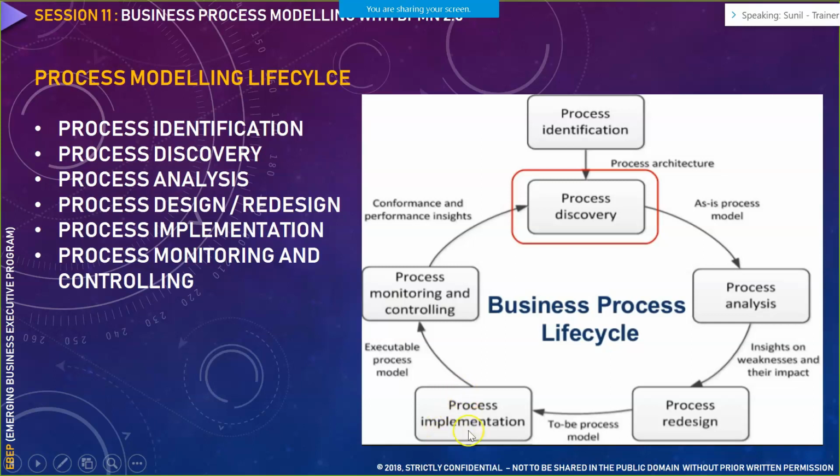So once you develop all the system, your system is in production environment. Now you tend to monitor and see if there are any issues with the process that you have designed, any minor or major issues that is occurring in the business side when you have deployed this particular process in the production environment. So this is how your 6 stages of process modeling lifecycle looks like: process identification, process discovery, then process analysis, process design or redesign, process implementation, and process monitoring and control.